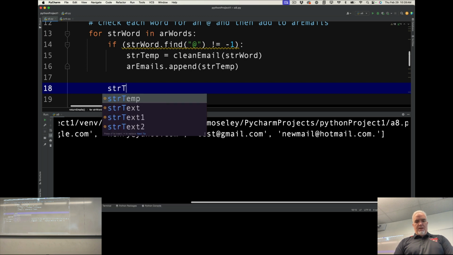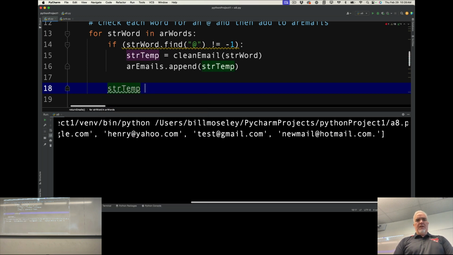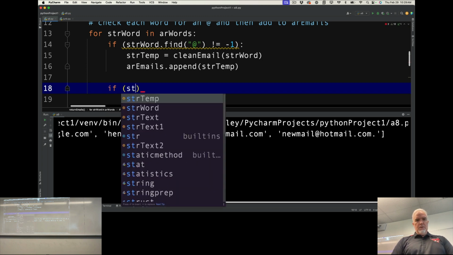So if I say strtemp, and I use strtemp anytime I just have a string that's only going to exist for like a blip in time, because it's just easy to remember. Strtemp, and it won't interfere with this because it's already done with it up there. So I'm just going to use it again. Well, here, so I don't confuse anybody, I'll call it temp2. Well, actually, I don't even need that yet. Let's just say if str,